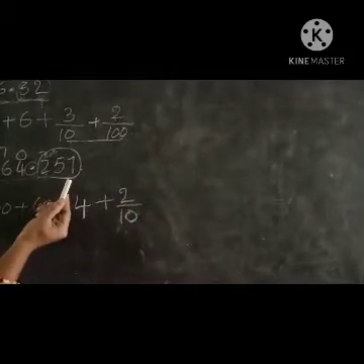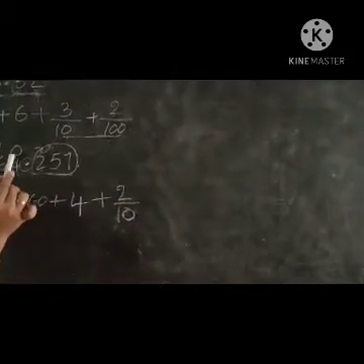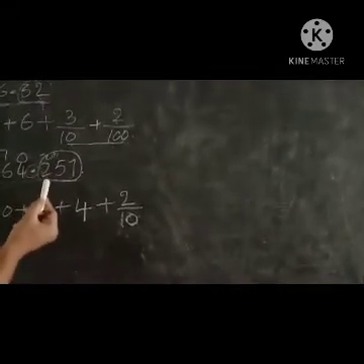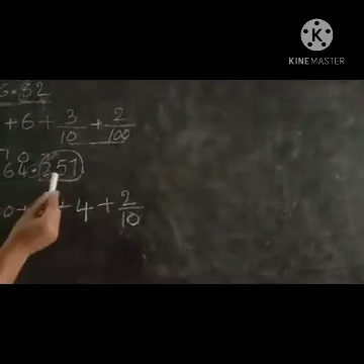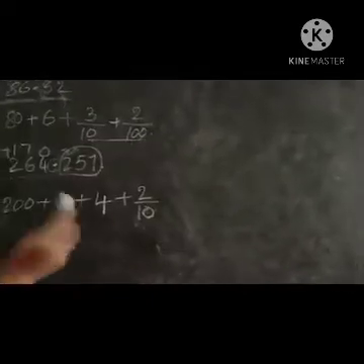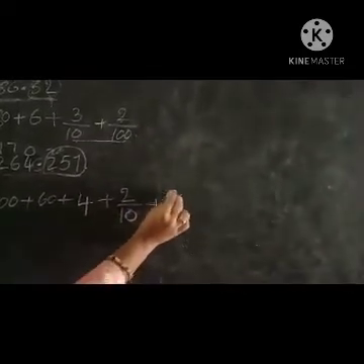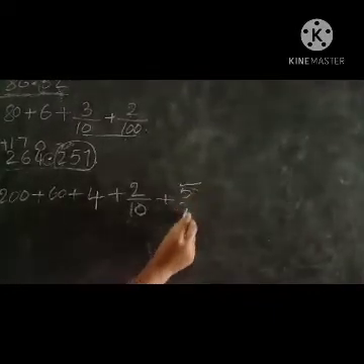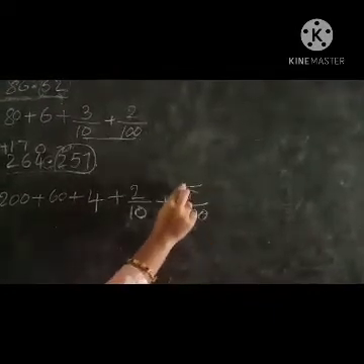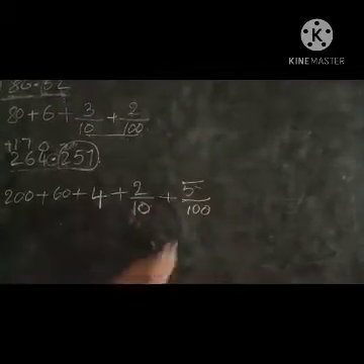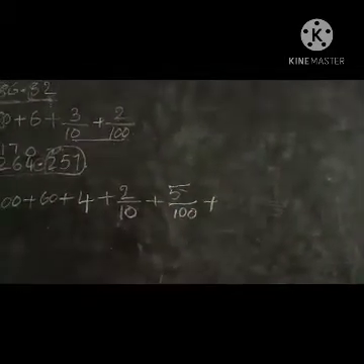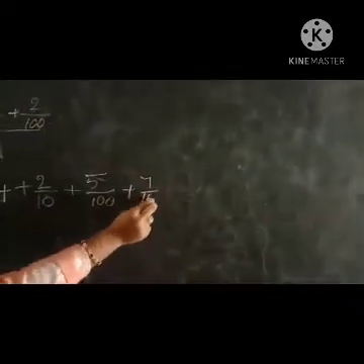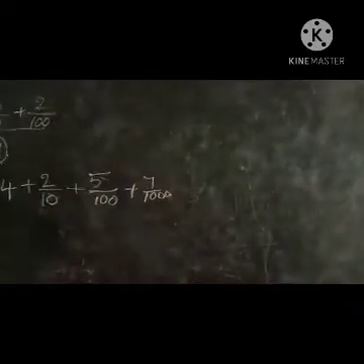After the decimal point we don't have ones place. Here only ones place is there, one time only. After the point, from there onwards tens, hundreds, thousands come. Next 5 is in which place? Hundreds place. So place 5 by 100. Okay, 5 by 100. Next number, what is the next number, children? Tell me. Very good. 7 by 1000. 7 by 1000.